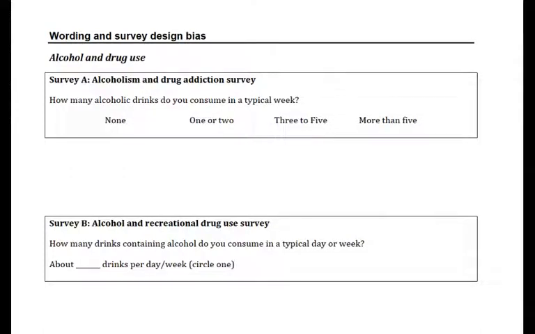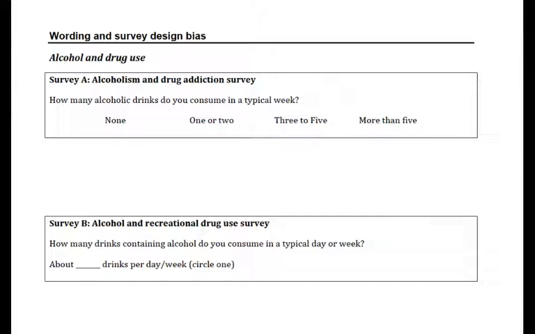Sample bias is not the only thing that can throw off results if we're trying to find information about a population from a sample. There's also some things in the wording of the survey, or whatever your data gathering method is, that can affect results as well. Let's consider both of these examples of